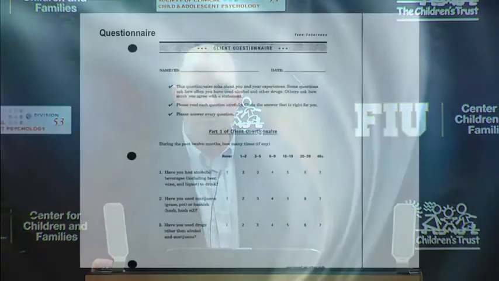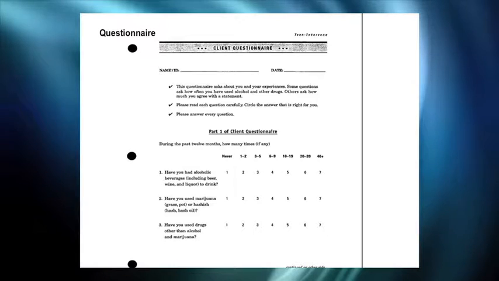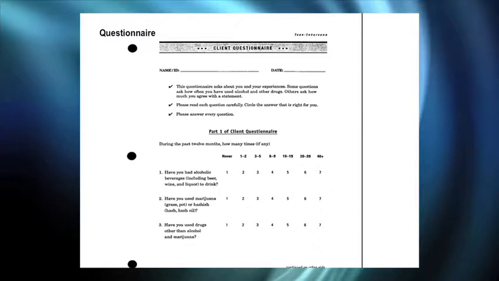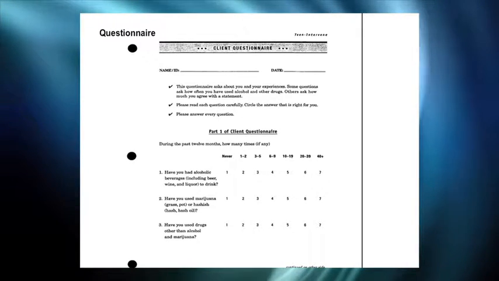Now, some people don't give part 1 because they've already got enough alcohol drug use history, because maybe you've done a screening or an assessment prior, but we put it in there in case you hadn't done much, and it's a very brief frequency checklist. It's patterned after the Monitoring the Future survey items, so it has some validity to it. Here's some of the first items. Have you had alcohol beverages? Have you used marijuana? Have you used other drugs?